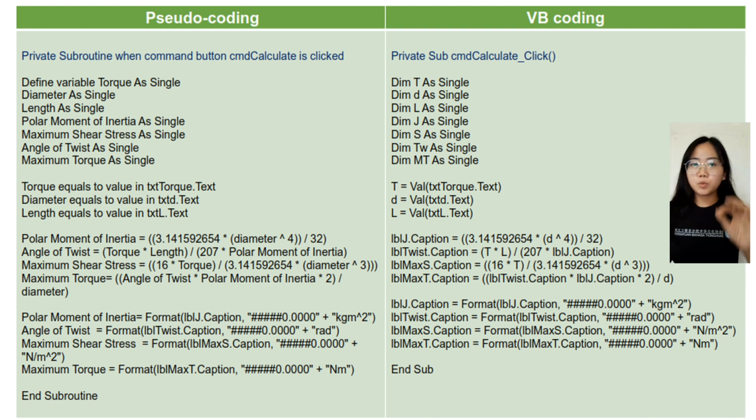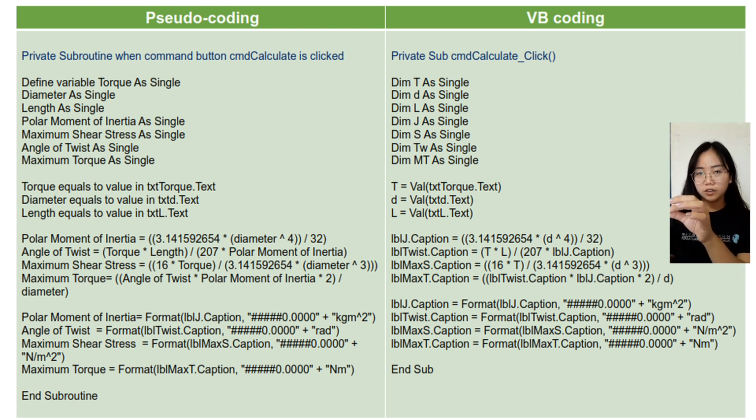Okay, so after we have done the calculation, we will have the units also. For the caption of the polar moment of inertia, the caption will be format bracket label J dot caption and the answer plus kgm power of 2. And for the angle of twist, it will be format bracket label twist dot caption and the answer and